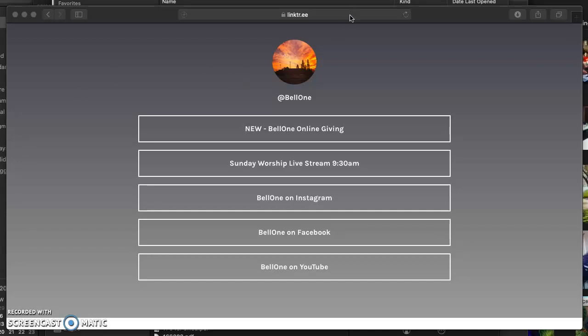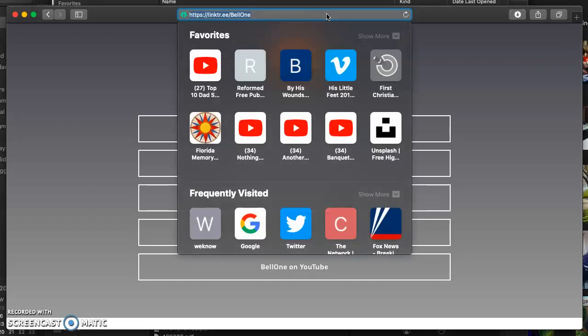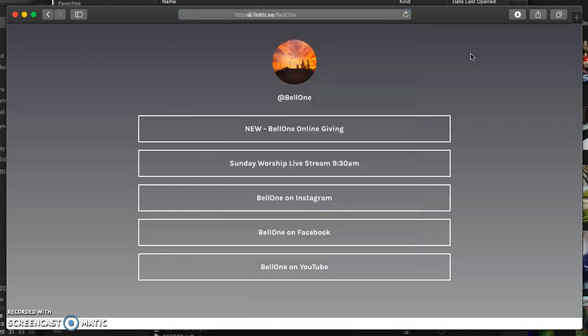One of the things that you're going to want to do as you connect with the church more in this internet world is to take a look at this site. I'm just going to go ahead and click in my browser window, Linktree. And you see there's Linktree/BellOne. To get a good look at that website, what you're going to want to do is go to that one, and there's links for it on Facebook, but go to it,